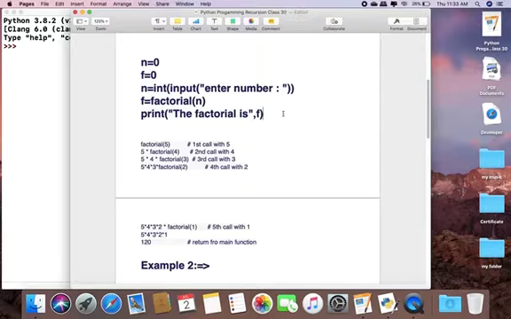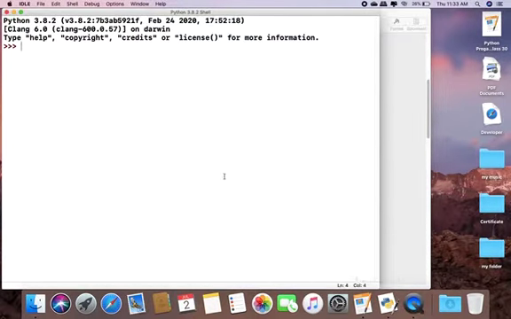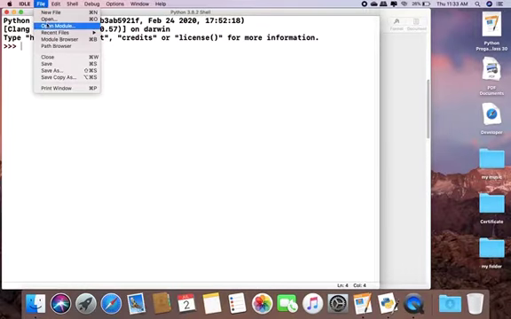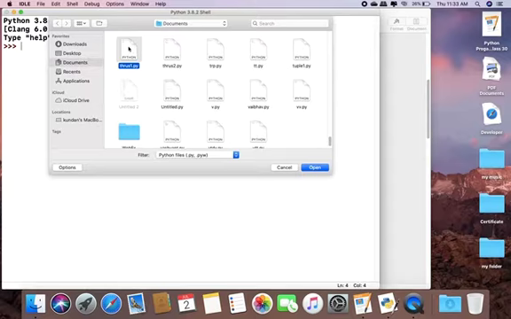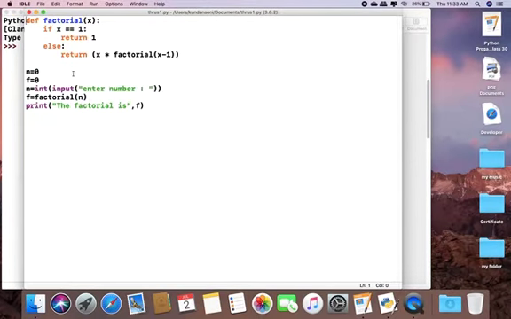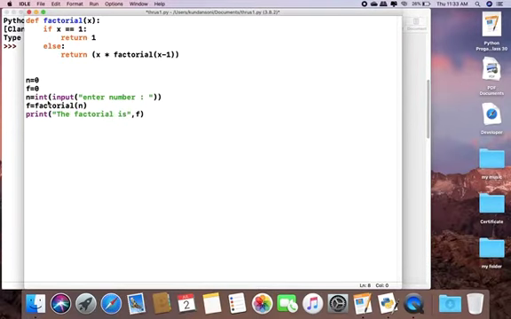Once we execute the program, let's start Python. File, open. I open the program. First it will ask to enter number n. Here we input 5, then it will solve the whole process. Run.